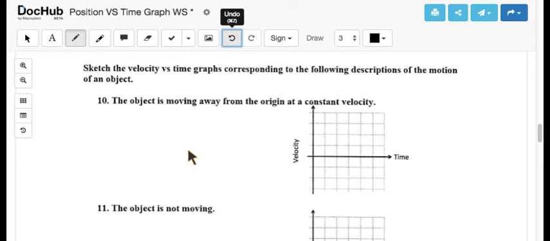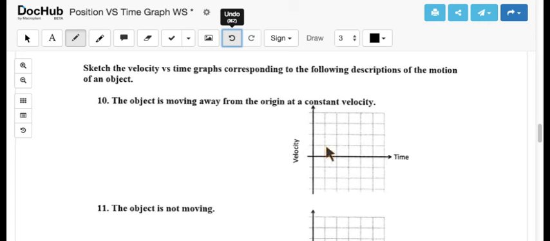All right. The object is moving away from the origin at a constant velocity. Notice we're dealing with velocity here, or speed in a given direction. So if it's going to be constant, there's going to be no change in it, and no change along